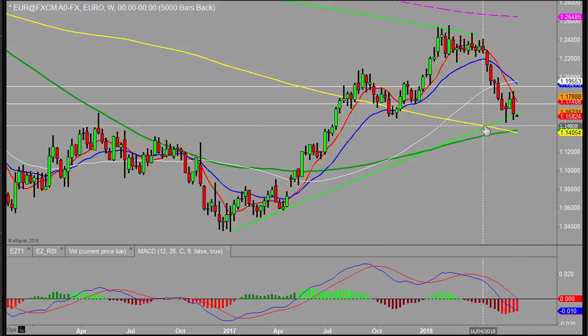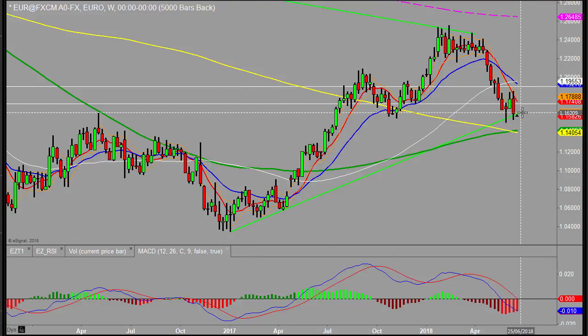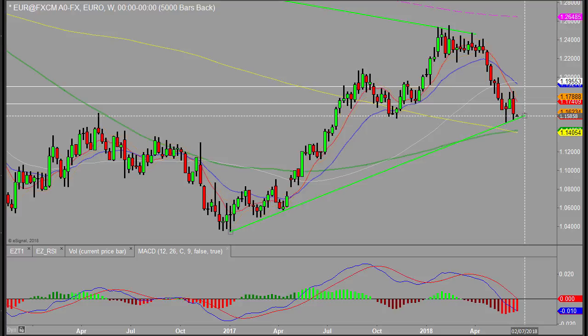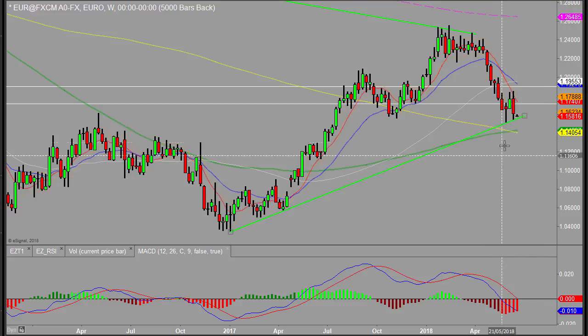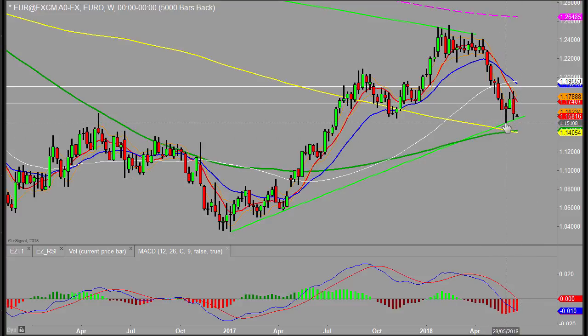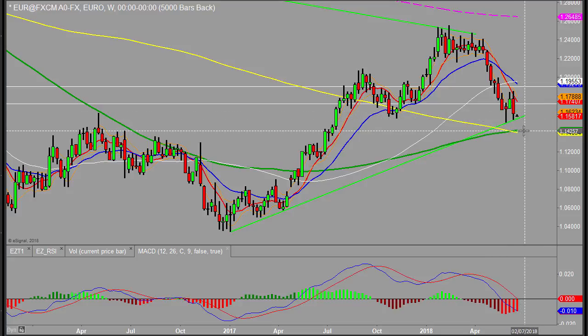So where are we? Well, it looks like we're pitching open for this week, fractionally below the trend line I drew on there. Now, it could be argued that you should redraw this, in which case, fine. There we go. It's sitting pretty much bang on the trend line, so argued because of that previous point here on the 28th of the 5th, which it moved away from, so just above it in that case. So watching that carefully though, and to see if we start to continue the sell-off that we saw last week. If it pushes back down towards that weekly 100, we'll see how we push on from there,